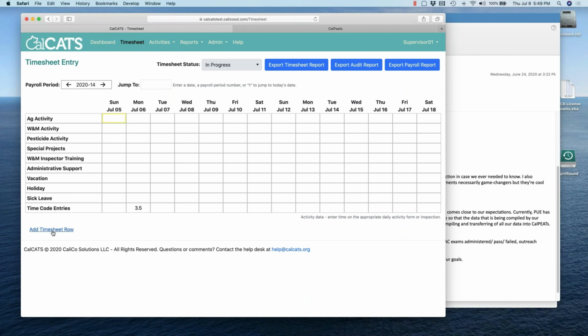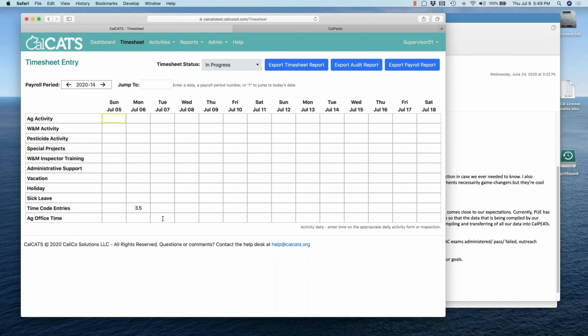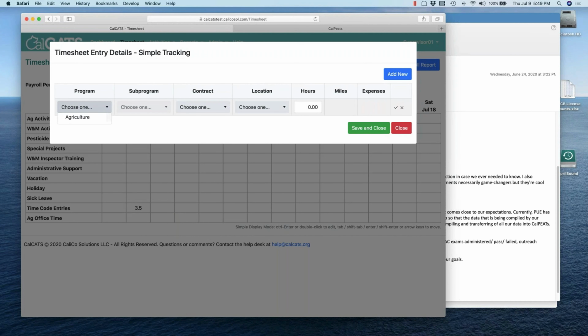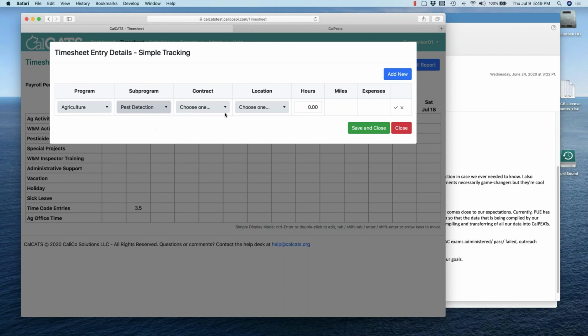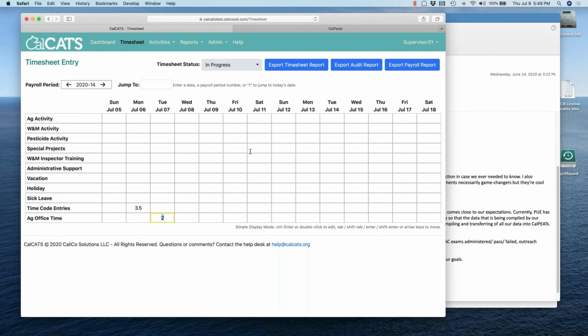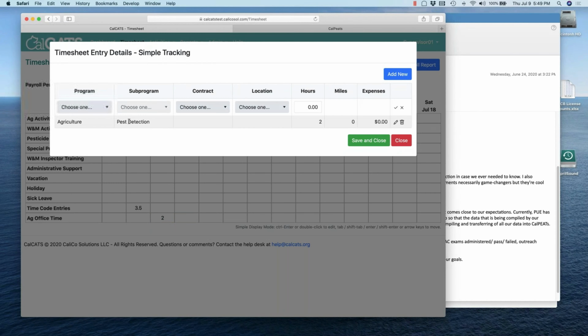So now when I go to my timesheet and I add that row in, anytime I'm going to bill time on ag office time, I have to pick agriculture and I have to say which it is. So this is going to be on the pest detection program, and I'm going to have 2 hours on there. So now the system knows that this is not field time, it's ag office time. It's assigned to the ag pest detection program, so it's going to be allocated in the right place